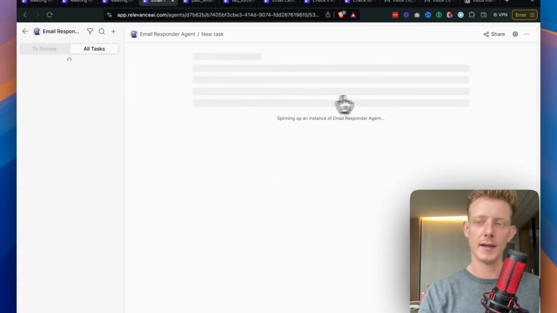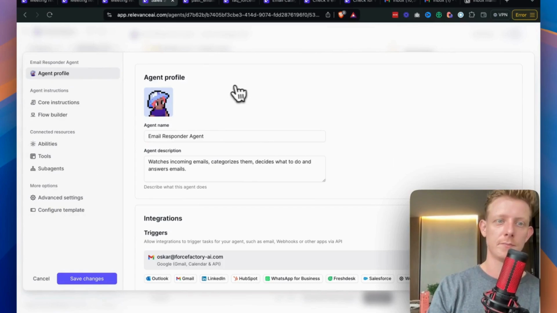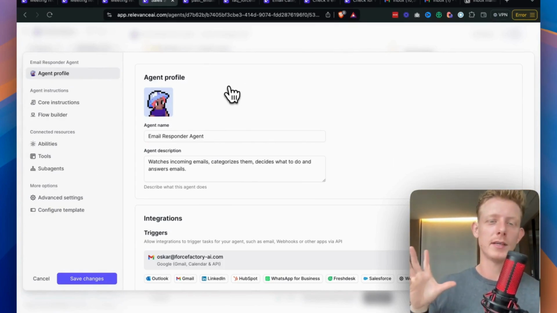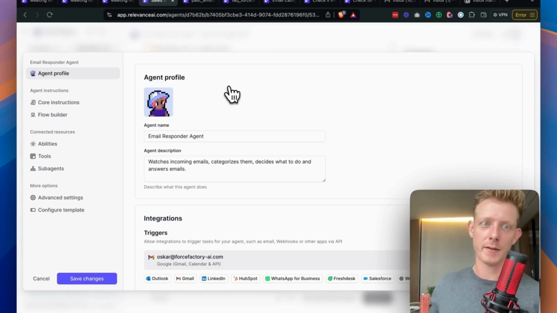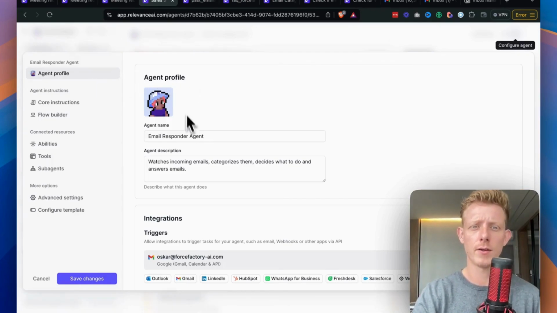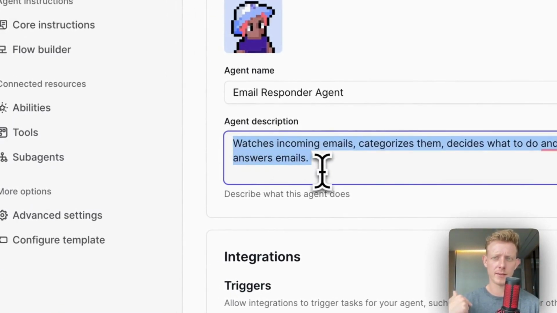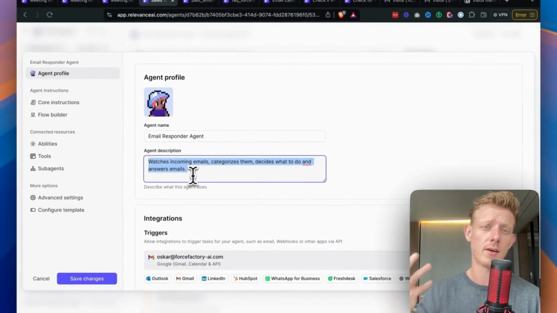So if we go back here, the agent prompting is set up here in configure agent. So there's a few important things to know. Again, if you don't know anything about agents yet, check out my tutorial first. But I'll go over it quickly. So for the agent profile, this is just a name for you, and the agent description, not very important. Only important if you're going to work with multi-agent systems, because then other agents will understand what this agent does